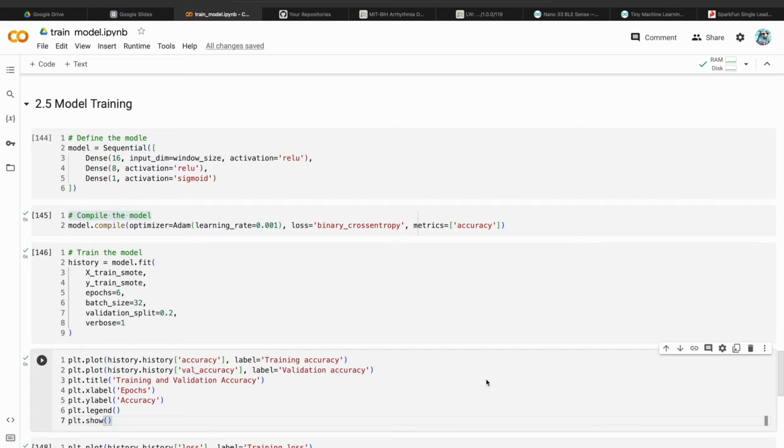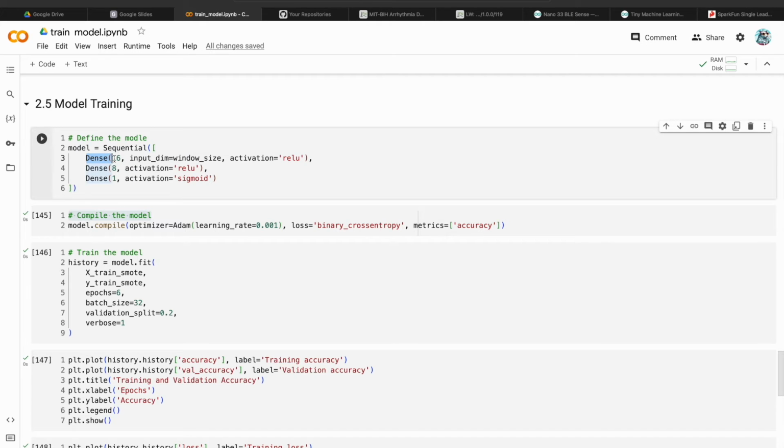And so we can finally train our small TensorFlow model. I'm going to create a simple 3-layer neural network for classification. The first is a fully connected layer, aka the dense layer, and I have 16 neurons in it. And the second is another dense layer with only 8 neurons. And the last layer is simply a sigmoid activation layer, and it's used for binary